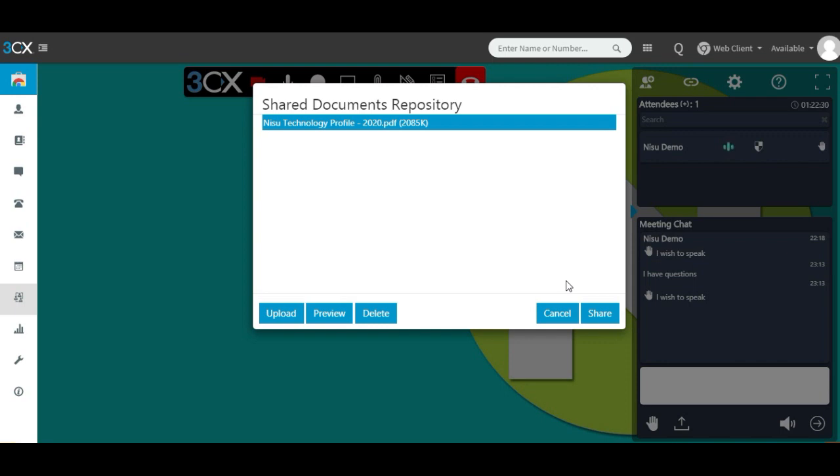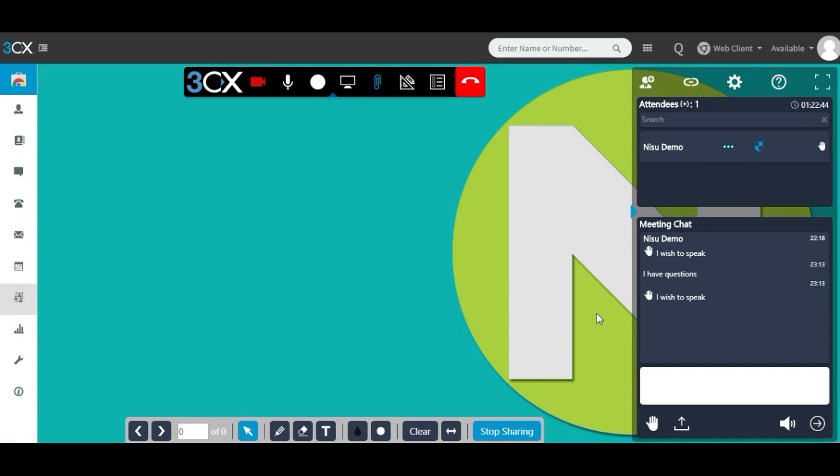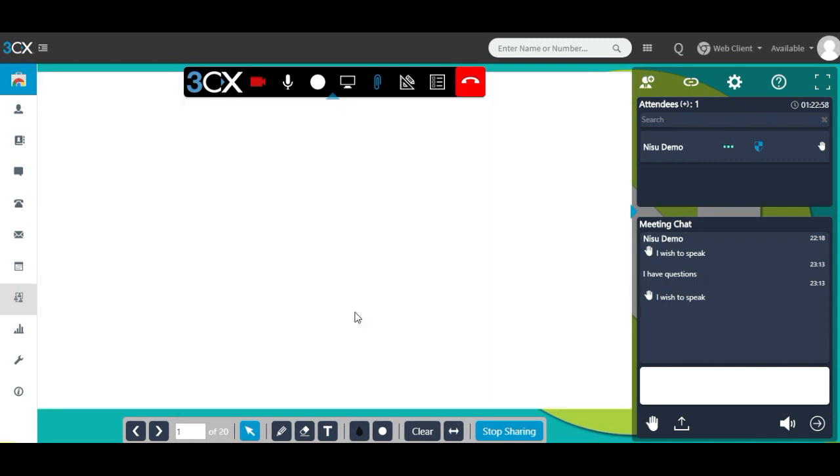Because I'm not a mathematics teacher, I did not upload mathematics material, but for this demo session, I uploaded a Nisu technology profile. I can click share. My student on the other side, on the computer screen, can see this presentation file. It takes a couple of seconds to bring up to the screen. Okay, as we can see, this is a 20-page presentation file.